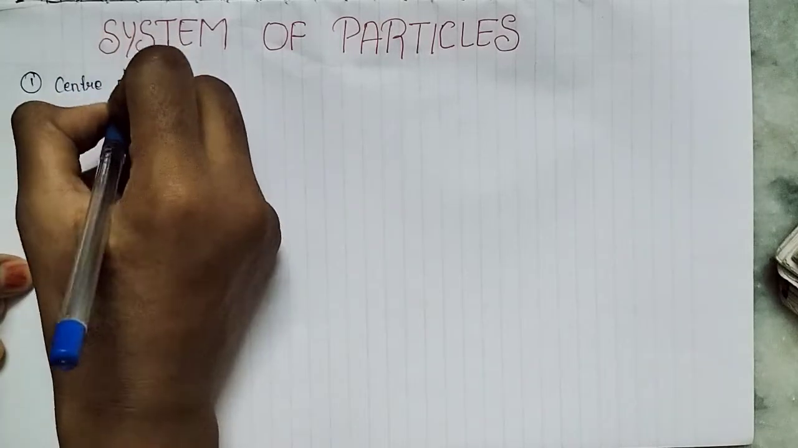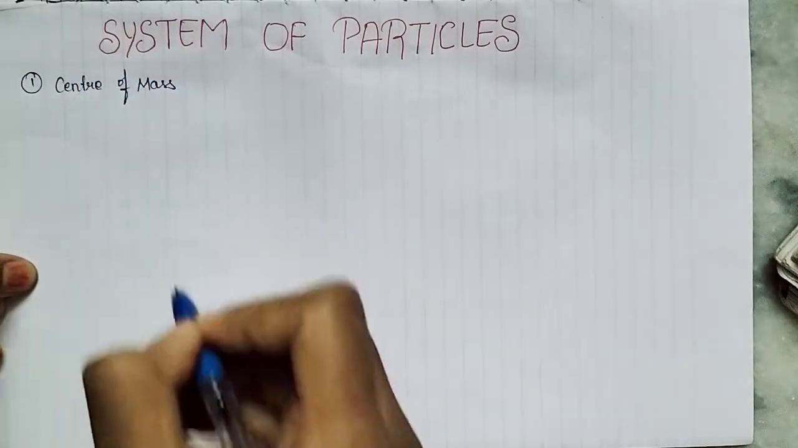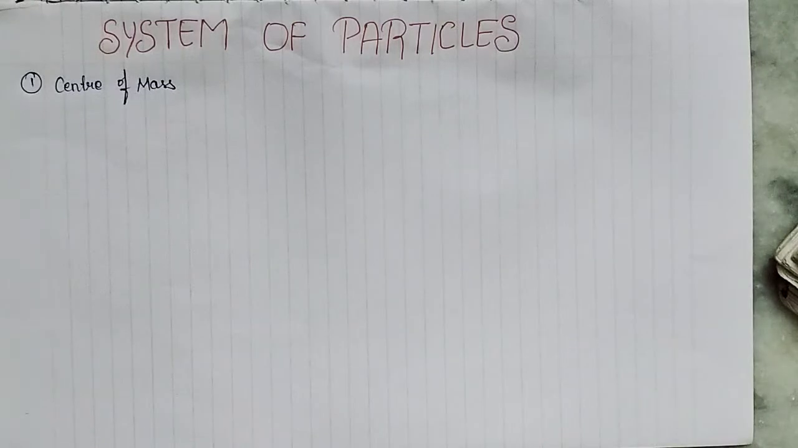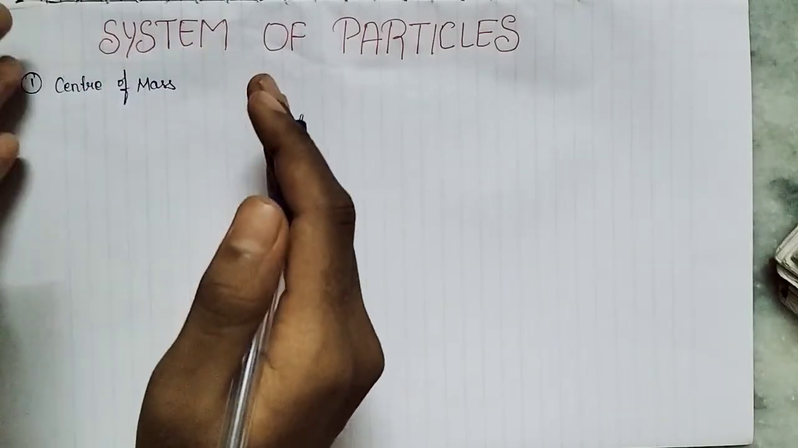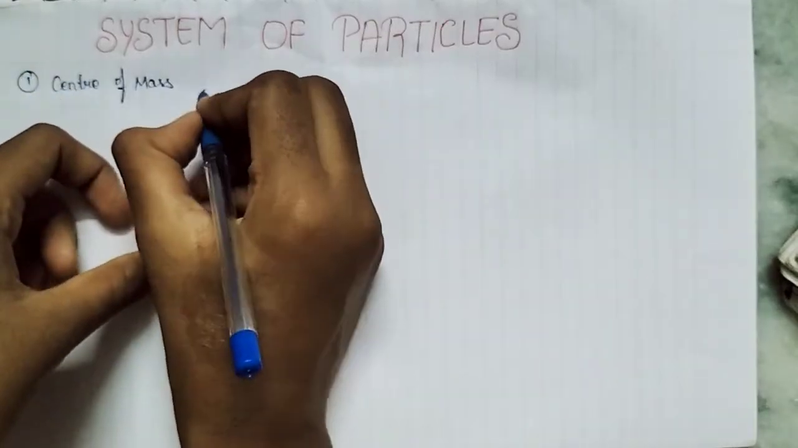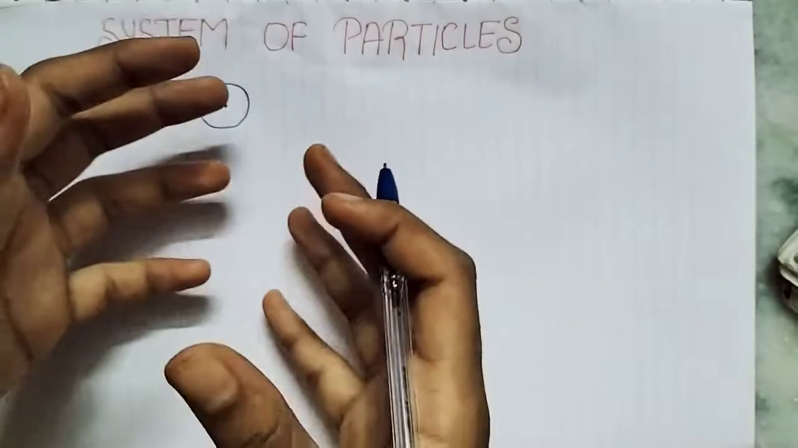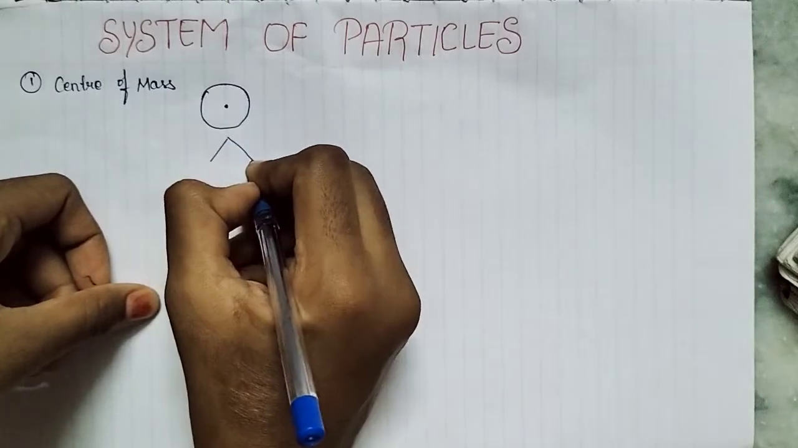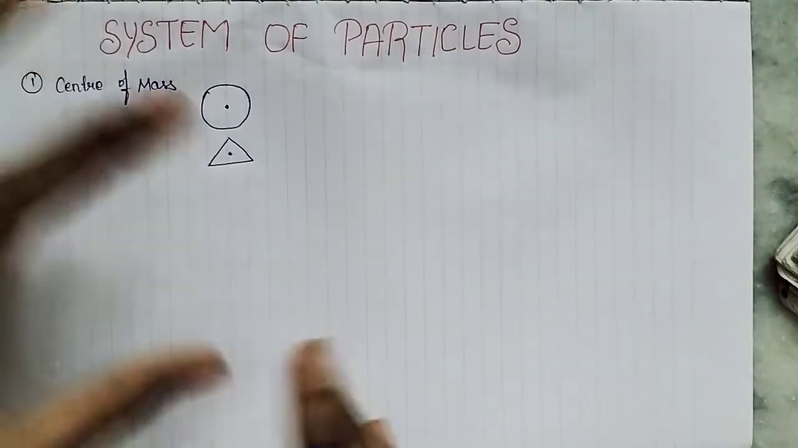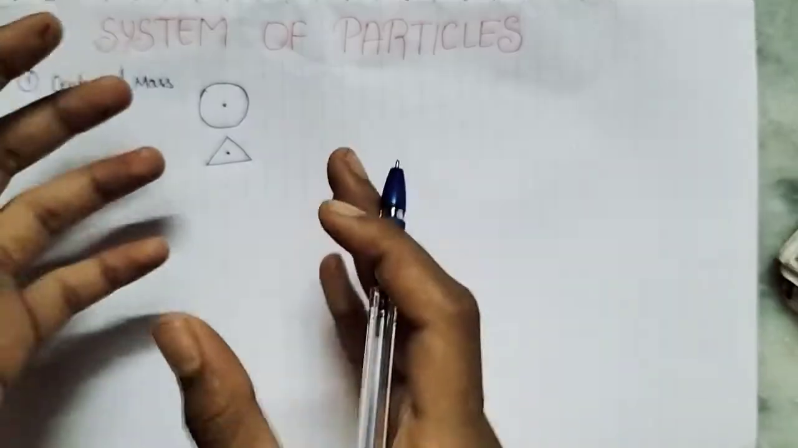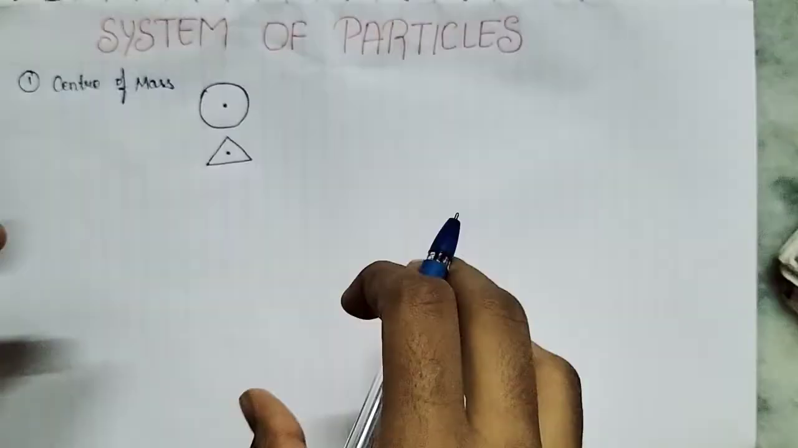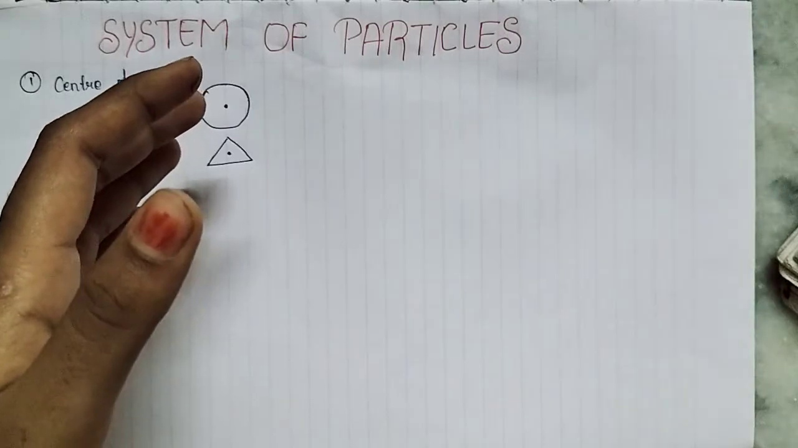Center of mass means if n number of particles combine together to form a single mass system, that is a system of particles. For that we have a particular center of mass. If I take this circle, its center of mass depends on this point. The center of mass varies with the shapes. If you take a triangle, the center of mass is over here. But you can't say that the center of mass will lie on the center alone. It varies. For example, if you see this rod,